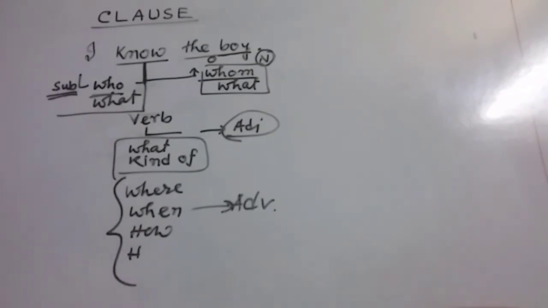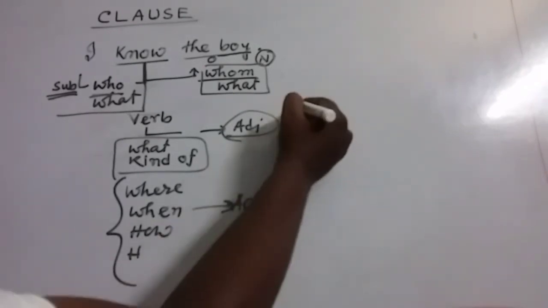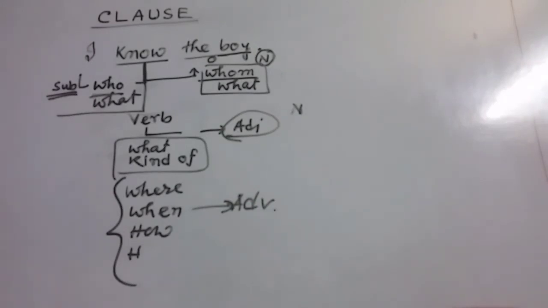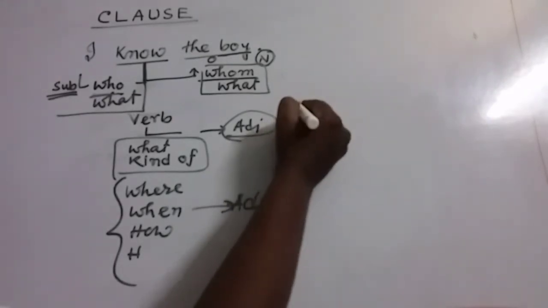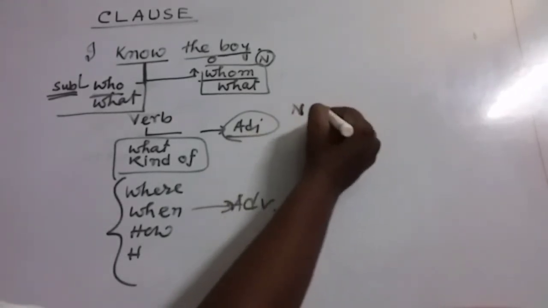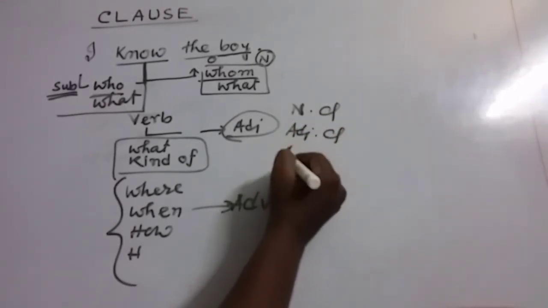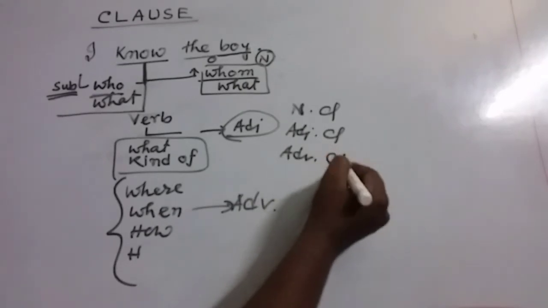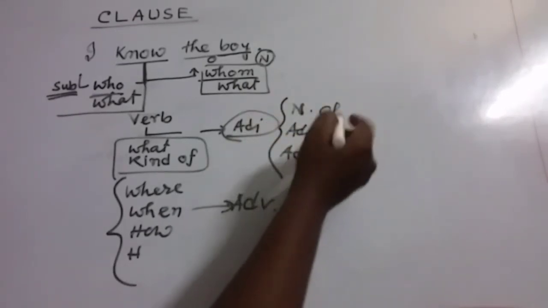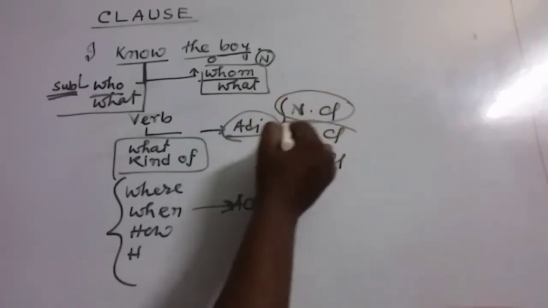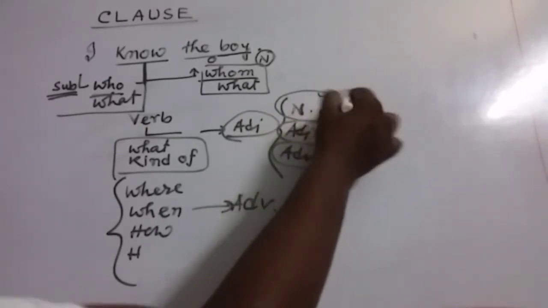My dear friends, I think this section is clear to you. In the next video, in the next podcast, we will discuss the noun clause separately, because dependent clauses are very important for making sentences, and these dependent clauses are divided into three parts: noun clause, adjective clause, and adverbial clause. And these are very vast topics, so we have to discuss them separately. So in the next video, we will discuss noun clause.